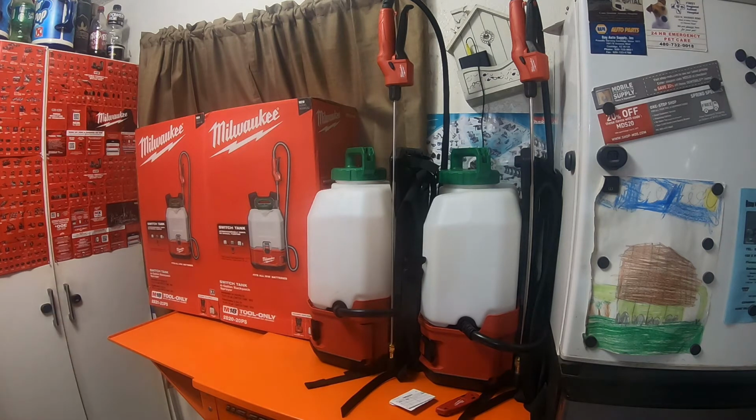There could have been some damage, and it went from Milwaukee to International Tools warehouse, and then damage could have happened there. Milwaukee could have damaged it in their warehouse by mistake. Could have been transported to International Tools, and they could have partially contributed to some damage. And then once it was shipped out from International Tools to UPS, UPS could have done the rest of the damage, which was the holes, because UPS around me always damages everything. If it says fragile on it and you live in my area, it's going to be the worst damaged thing possible